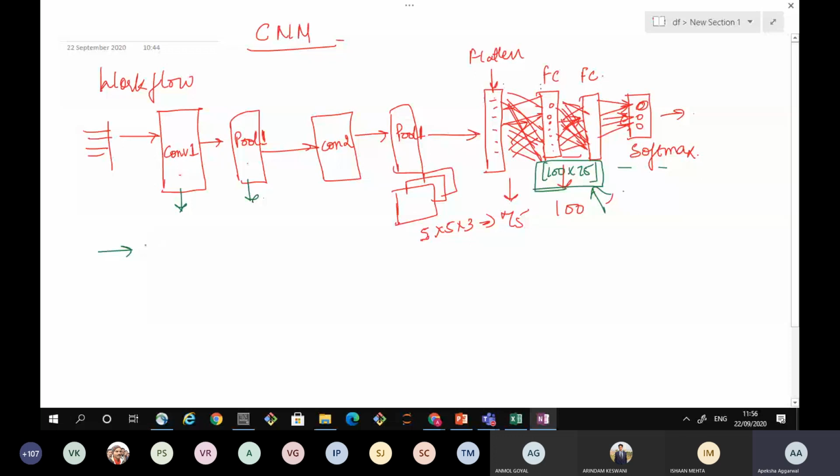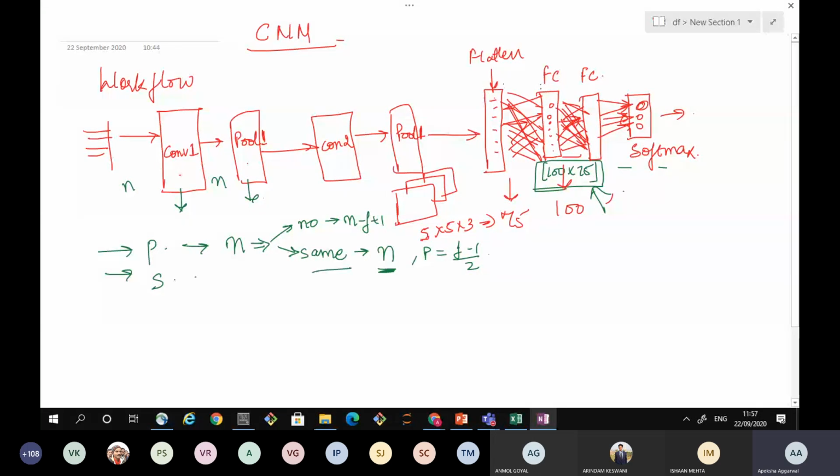In the convolution layer, we have two things that we have already discussed, which were padding and striding. After padding, I get image size of n. There are two types of padding, no padding and same padding, which we have already discussed. In no padding, my image size is reduced to n minus f plus 1, and in same padding, my image size remains the same, that is n, because I keep my padding size of f minus 1 by 2, right? So the input was n image size, and the output I'll get as n if my padding is same.